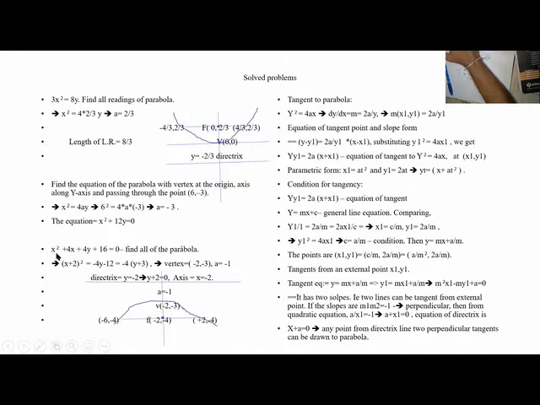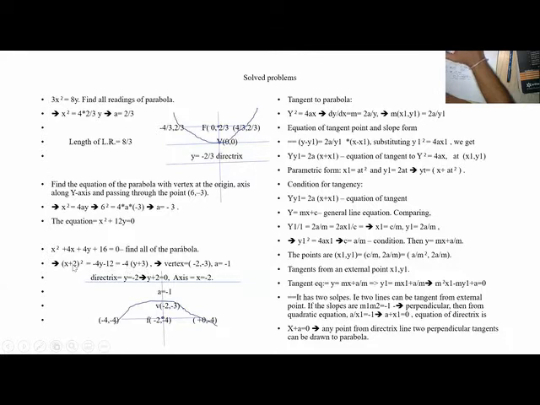Let us see this problem. x² + 4x + 4y + 16 = 0. Find the parameters of the parabola. So here I am writing this as x² = 4by. When I put (x + 2)², 4x is 2ab, so 2 into x. So I put this as (x + 2)² equal to x² + 4x + 4. So 4 is taken, 12 is balanced, 12 has come out, so -4y - 12, so -4 into (y + 3).